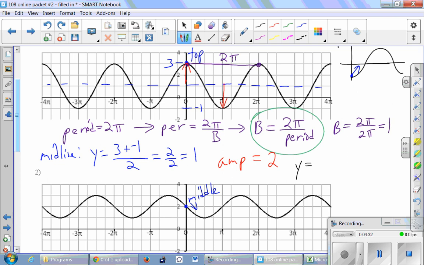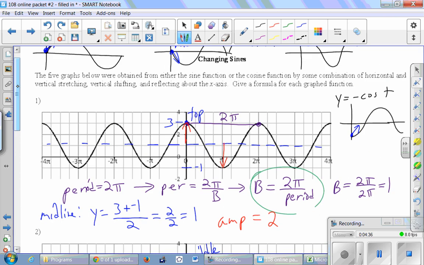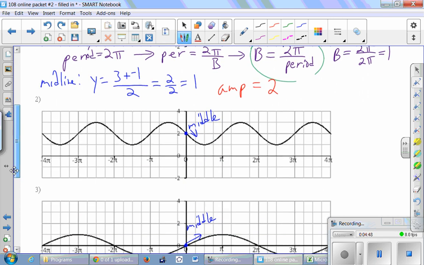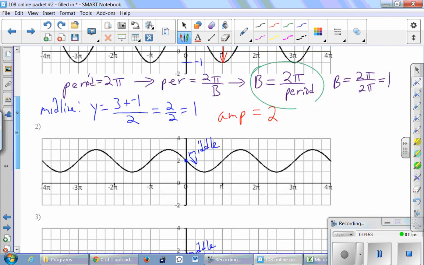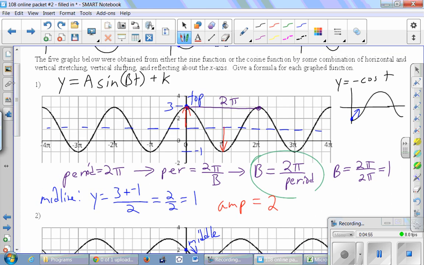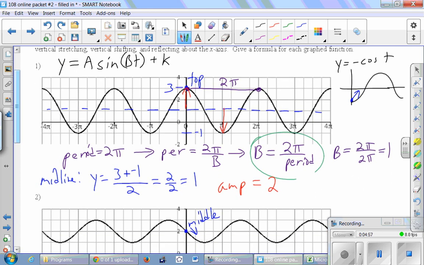So our answer, maybe we can write up here at the top, our generic formula, the one that we last looked at, was a sine or cosine of bt, and then plus k at the end. And all we have to do is write in the a and the b and the k. Okay, so we said the amplitude was 2. We decided that this was a cosine graph because it started at the top and it was coming down. So this is 2 cosine